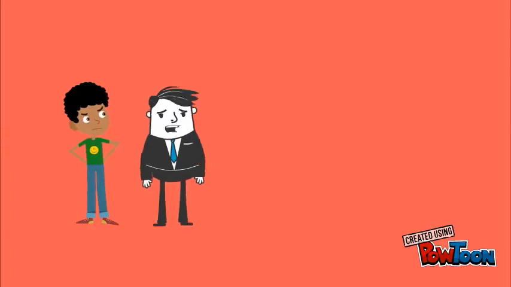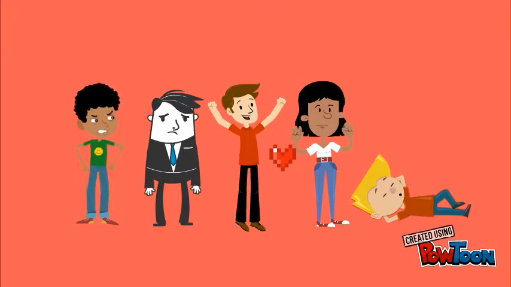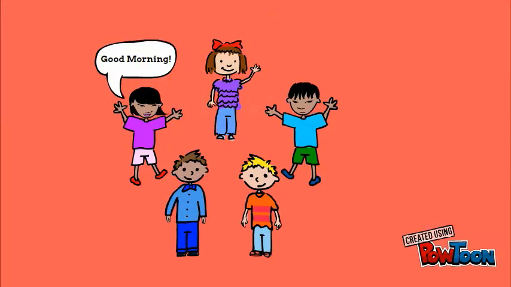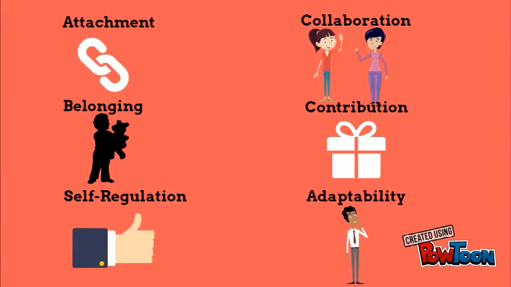Social and emotional development includes the process in which children acquire and apply their attitudes, knowledge, and skills in order to understand how to manage their relationships and emotions. Maslow identifies social and emotional needs such as relationships, self-esteem, and confidence. Students' social interaction with peers forms a significant role in developing a student's social skills in the middle childhood stage of development. Students must develop their 6 life skills: attachment, belonging, self-regulation, collaboration, contribution, and adaptability. The teacher's role in supporting the students' development of these skills is to encourage students to become self-aware and collaborative